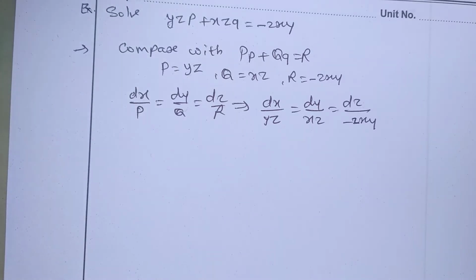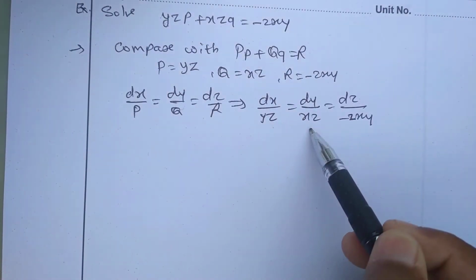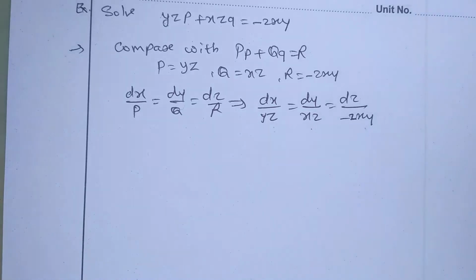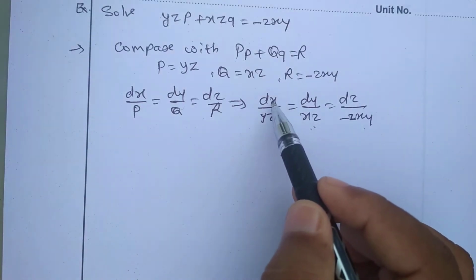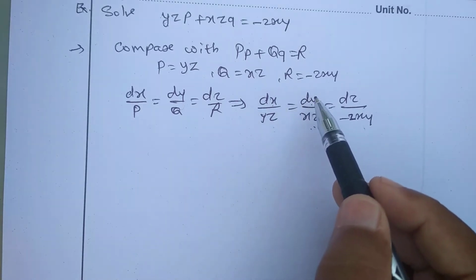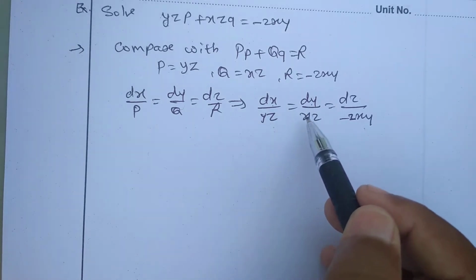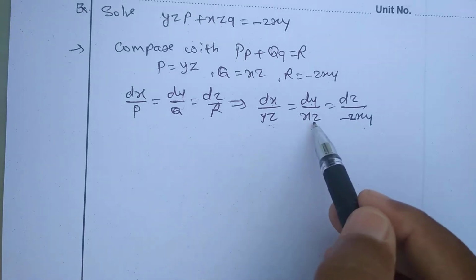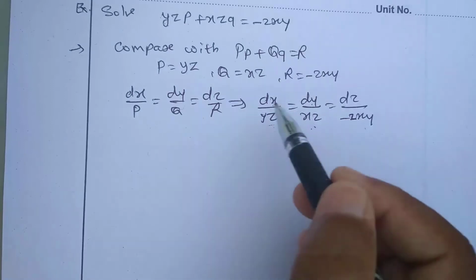Here we can try to use three types of group, that is first and second, or first and third, or second and third. But how to consider a group? If you consider the first and second group, in the numerator the terms are dx and dy, so the term of dz is absent. That means the term of z must be absent from the denominator or it may be cancelled. The term of z is present in the denominator, but this single z and single z are getting cancelled.